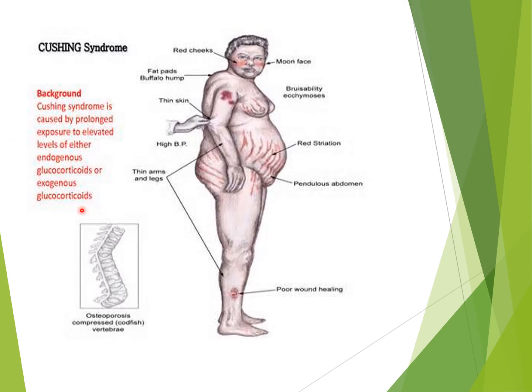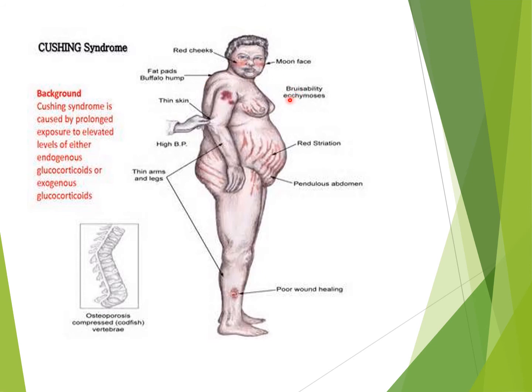So, Cushing syndrome is caused by prolonged exposure to elevated levels of either endogenous glucocorticoids or exogenous glucocorticoids. So we can see osteoporosis, compressed vertebra. Due to the long usage of glucocorticoid, there are red cheeks, you can see moon face, then fat pads or buffalo hump,